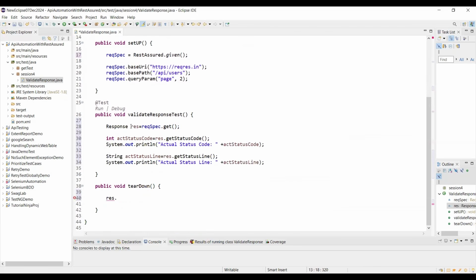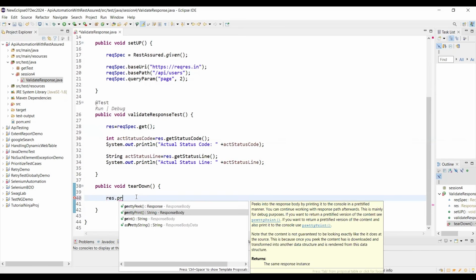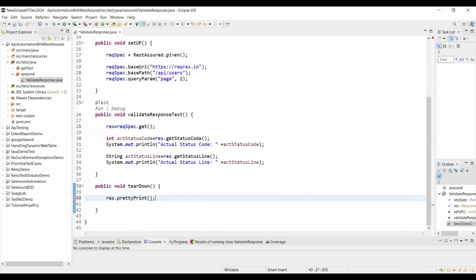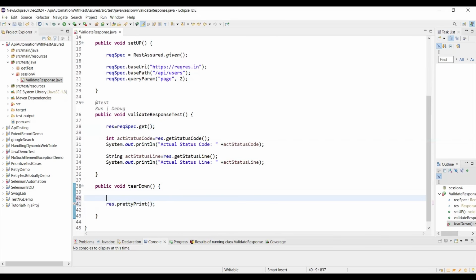And we can remove this here. Okay, save it. Now pretty print. This way we can print the response body, log the request and pretty print the response. And we can also log the